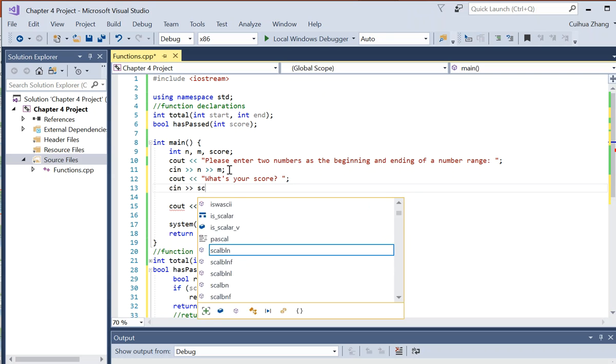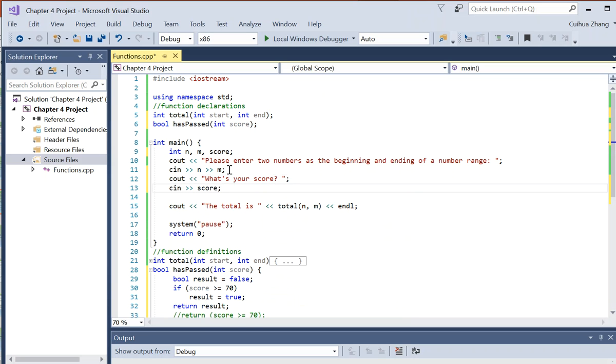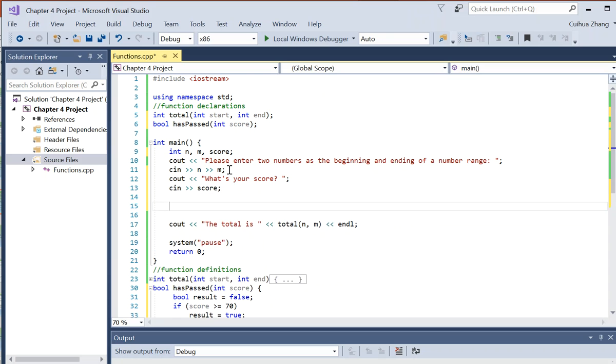NC in score. And then we can call this function, okay? But here, think about it. If I call it, it will print out true or false. It doesn't mean much. So what we do with a bool function, a function that returns a bool value, is